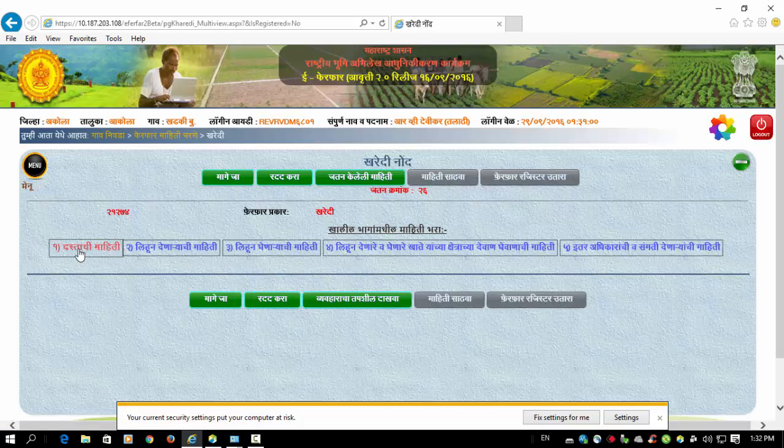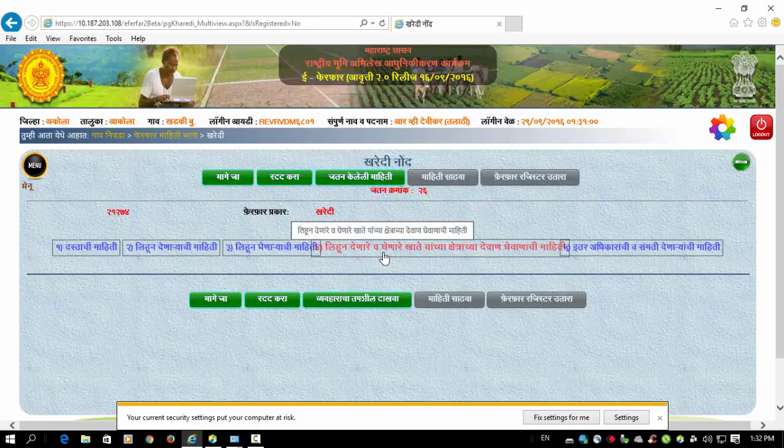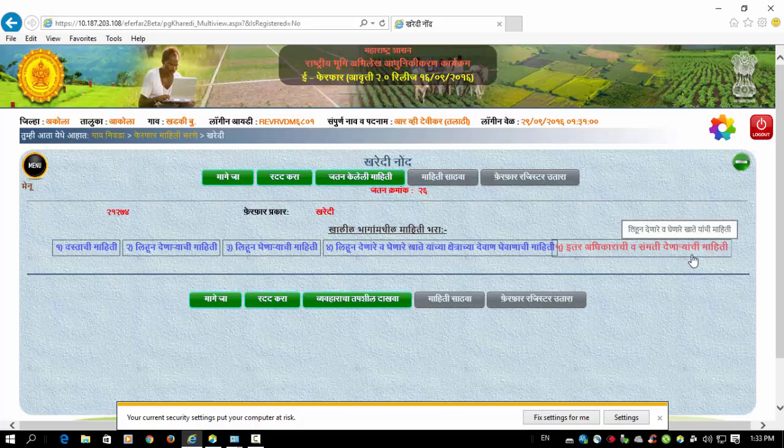In that there are 5 options regarding these mutations. First is दस्ताची माहिती भरणे, second लिहून देणाऱ्याची माहिती, third लिहून घेणाऱ्याची माहिती, fourth लिहून देणारे व घेणारे यांच्या क्षेत्राच्या देवाणघेवाणाची माहिती, and fifth इतर अधिकाराची व संमती देणाऱ्याची माहिती. These 5 options we have to go through one by one.